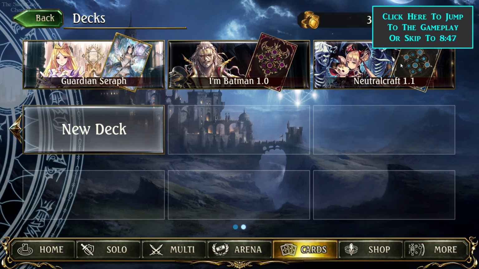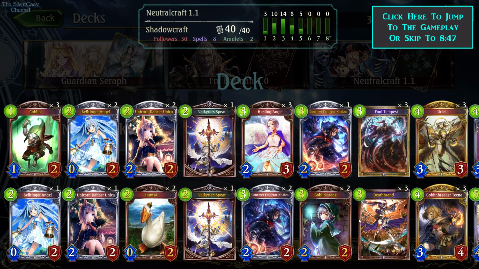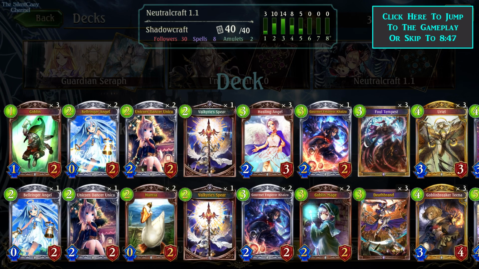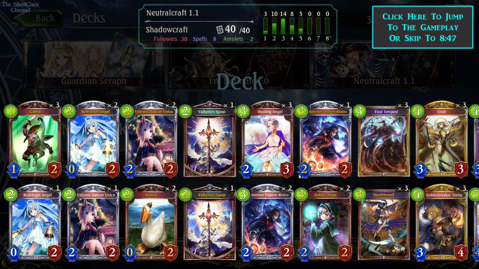And on to the main highlight of today, Neutralcraft. I kind of joked about Neutralcraft a few times, but it is actually surprisingly viable. So it may seem kind of weird to have 2 copies of Valkyrie Spear and 3 copies of Uriel, but I was having trouble drawing it even with 1 copy and 3 copies of Uriel, so I figured 5 copies